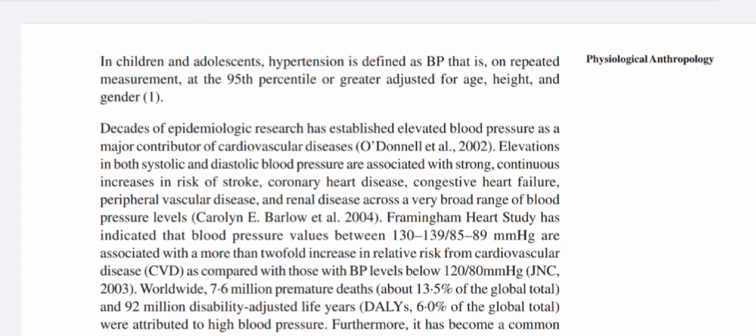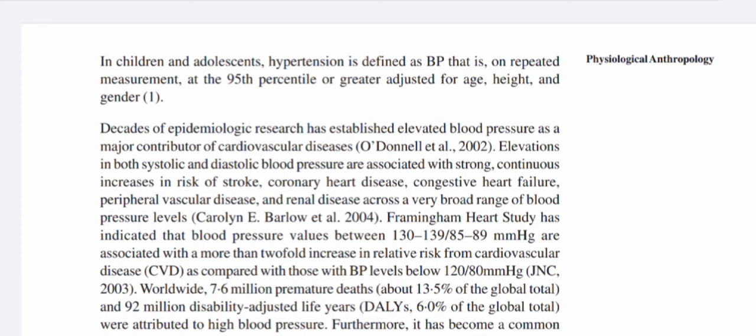O'Donnell et al. 2002. Elevations in both systolic and diastolic blood pressure are associated with strong continuous increases in risk of stroke, coronary heart disease, congestive heart failure, peripheral vascular disease, and renal disease across a very broad range of